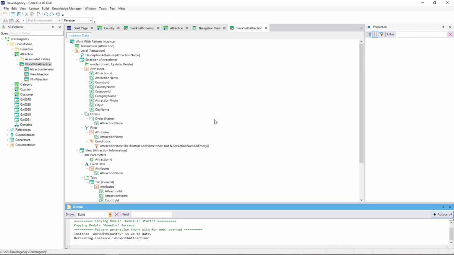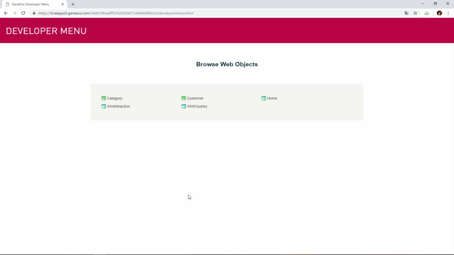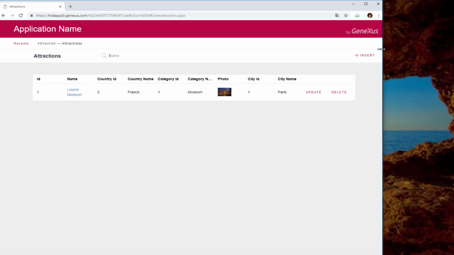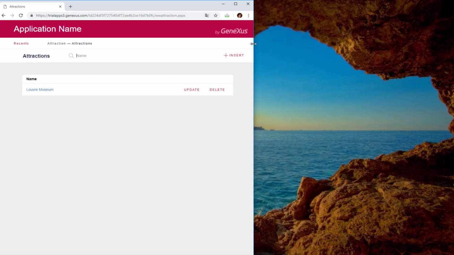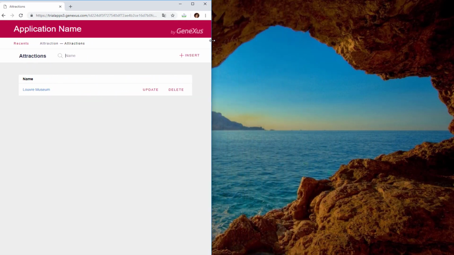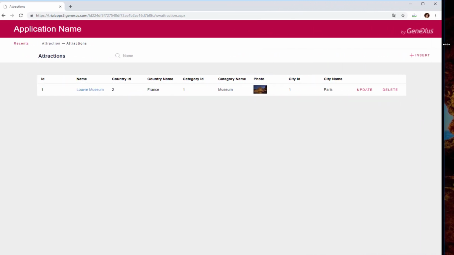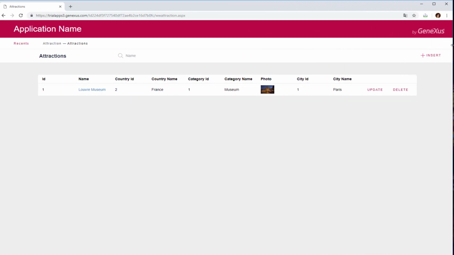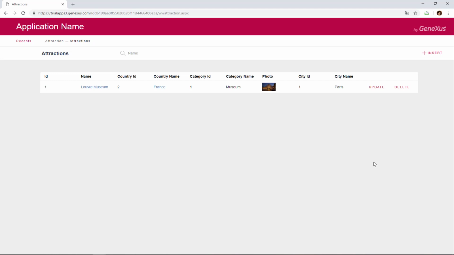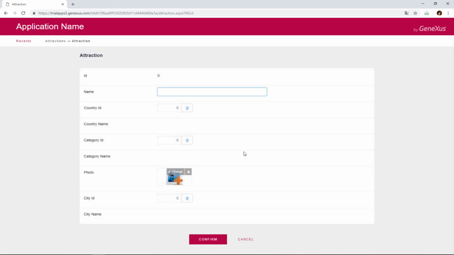F5. Note that just like in the previous case, we're offered to work with attractions. We run Work With Attractions, and once again, we see that if we change the screen size, the information displayed is adjusted. In this case, instead of showing all the attraction attributes, only the name is displayed. Here we have the same query features that we saw for Work With Countries, and we will use it to